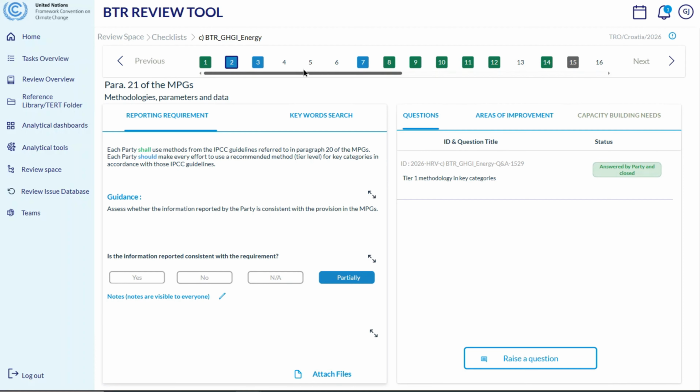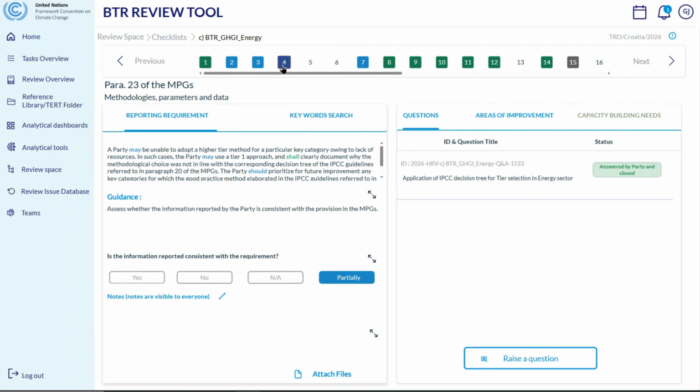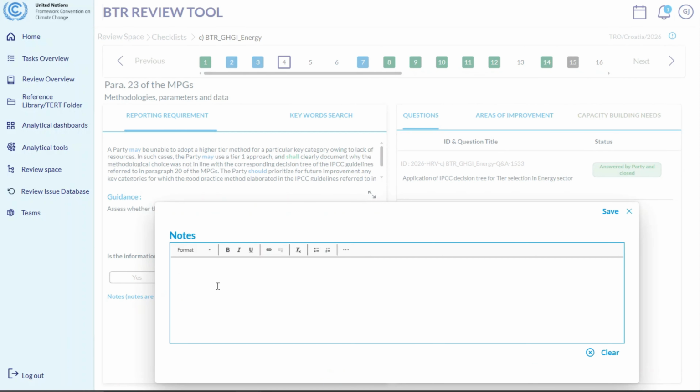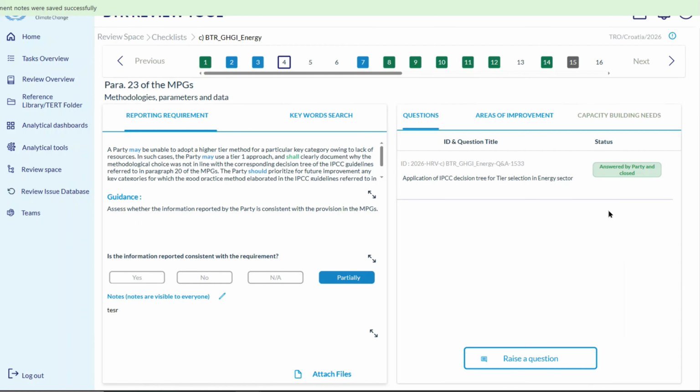Take a moment to read through the description and any guidance for the reporting requirement you're reviewing. Use the Notes section to leave comments for yourself or your team, and attach any documents that help support your assessment. If your assessment of the BTR and supporting documents is not or partially, you'll need to raise a question